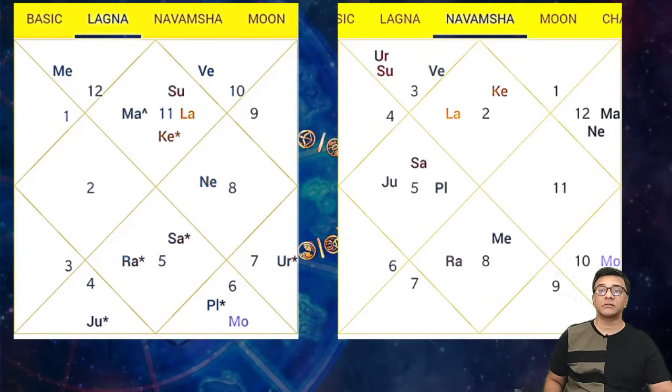Why? Because his 9th lord Saturn and his 10th lord Saturn is in the 4th house, which means this person can get into a profession which is connected to law and order or justice, because Jupiter and Saturn here, Saturn rules the 10th and the 9th house and placed in the 4th house, and he may be a lawyer or a barrister working out of home, but that's not who he is. And the Lagna and the Navamsa are saying two different stories.